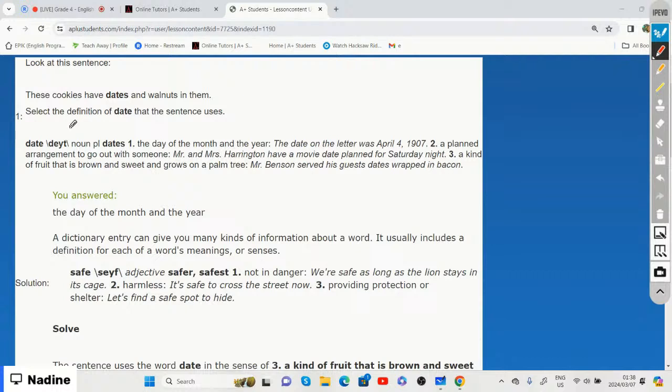So these are our dictionary entries. So far we have date, how date is pronounced. It is a noun. And the first meaning is that a date is the day of the month or the year. It is the date that is given, like today being the 6th of March. That is a date. Then the second option is a planned arrangement to go out with someone, which means that if you're going on a date with someone,